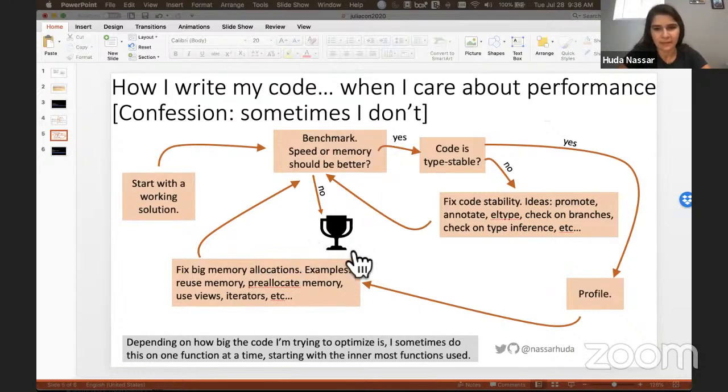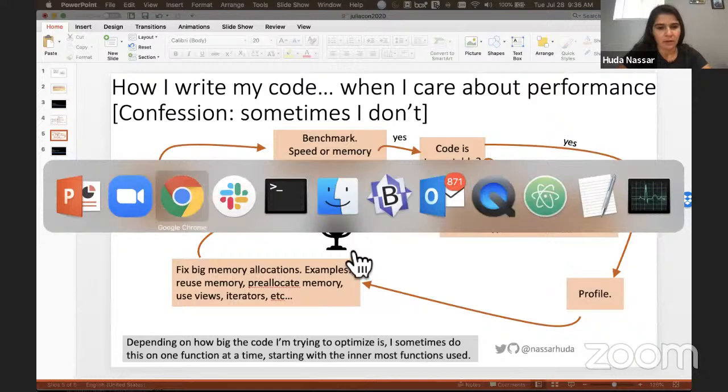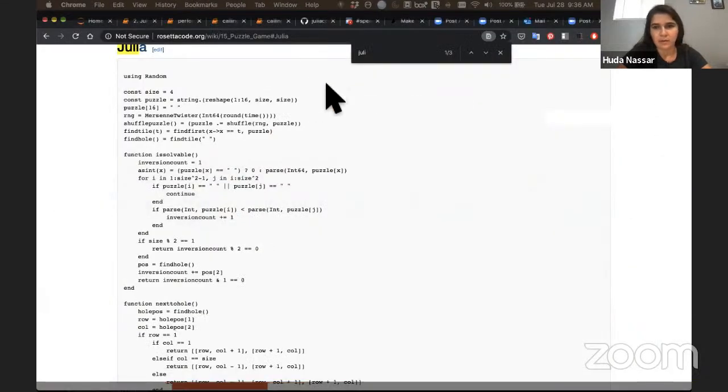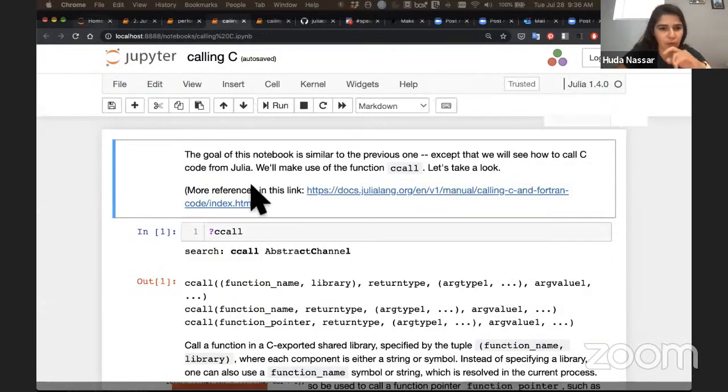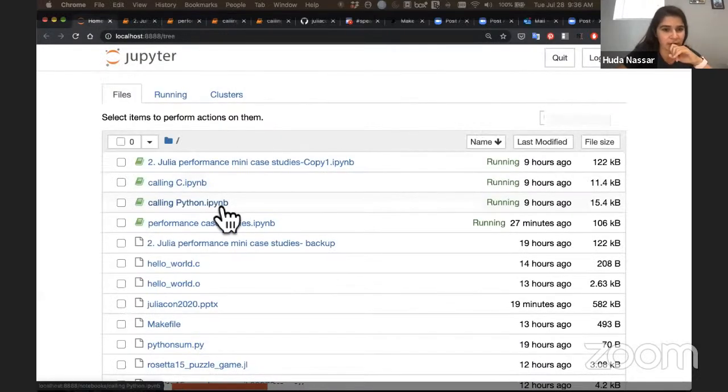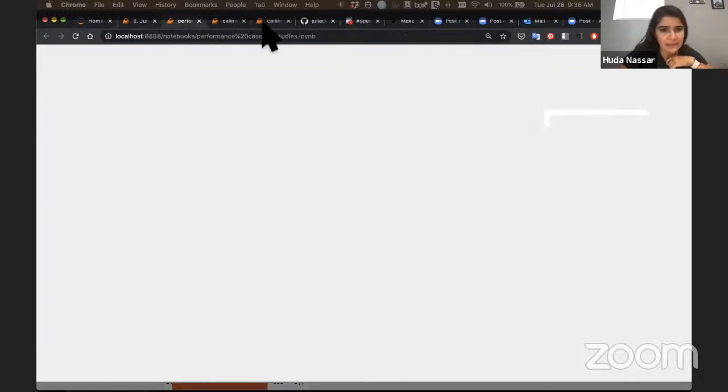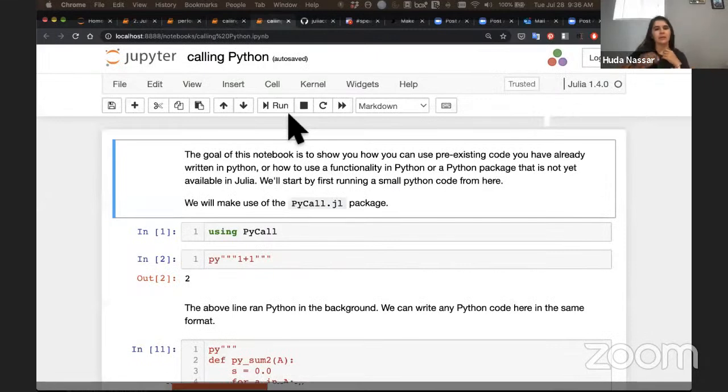All right. So moving on, the next notebook you might want to pull out is calling Python. Let's see, it's here. Yeah, so again, one thing to remember is I'm hoping that with this workshop, I will give you the infrastructure that you need